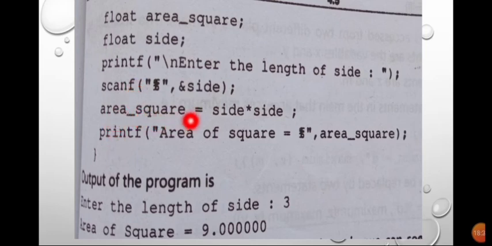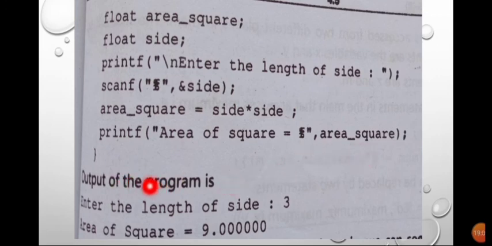Okay, so area square, you know how the area will be calculated, side square. So what is the value taken by scanf, which is placed here, and you can calculate the value. Once you calculate area square, it is used to store the multiplication of this. Okay, so the area value is stored here, hence printf area of square, it is printed. What is the area? After entering the side, you will get the area on your monitor.